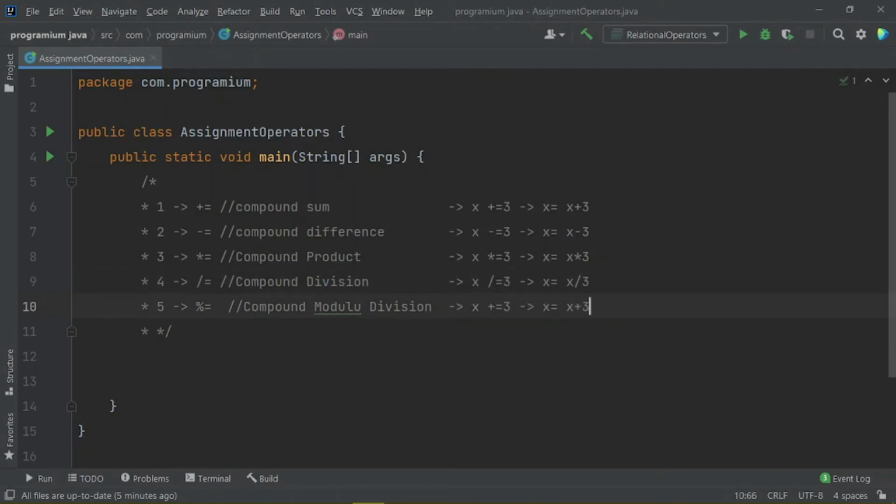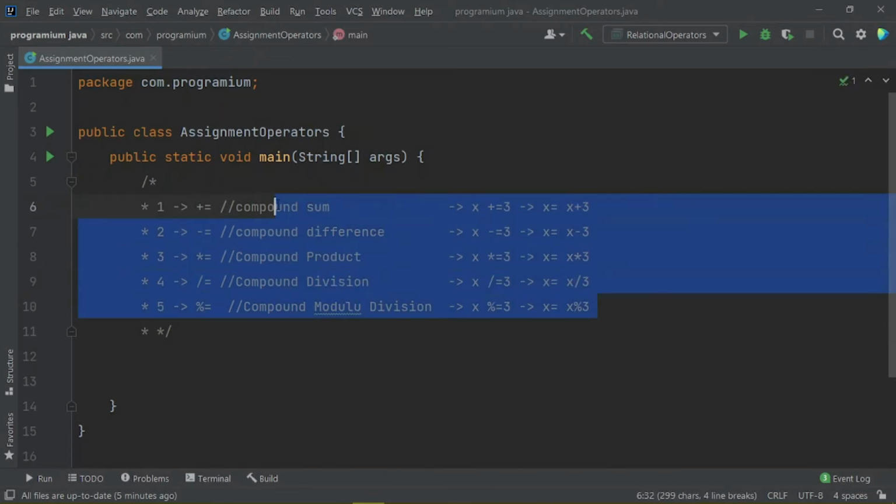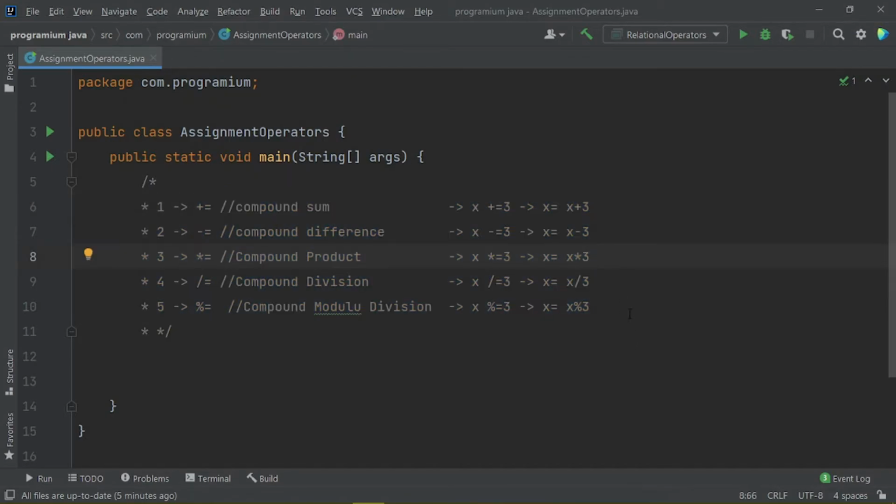Let me just paste it here, and this time it is modulo division. So guys, these are the assignment operators that we will be working on in this Java application, and these are known as compound sum, compound difference, product, compound division, and compound modulo division. And this is the simple way of how to write these assignment operators.